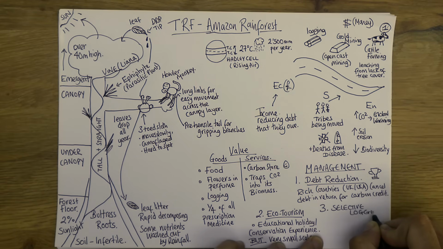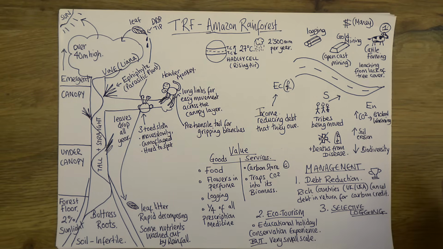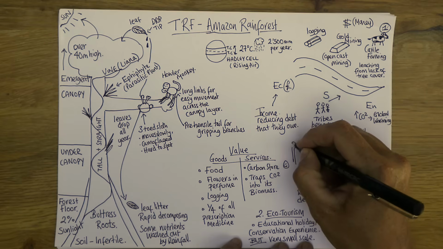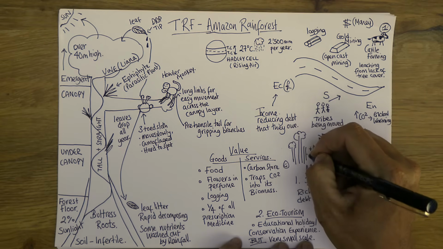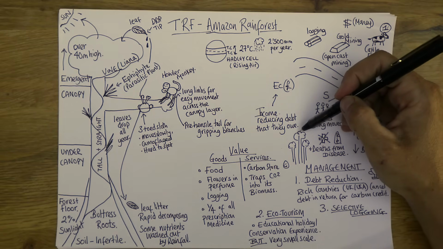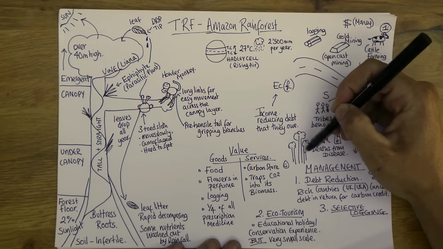Now you'll hear this talked about, and often mistakenly talked about, as if it's the best one. It's really not, though. Companies like to suggest that they're doing a really good thing by choosing which tree that they cut down. It's not the case. Okay, so if I just draw just a few trees like this. So what they do is that they will go along, they will pick the biggest, tallest tree. Often they're called wolf trees. They're quite hollow inside. They don't really contribute much to the ecosystem. And they'll go in and they'll take that tree down. And they will sell it as if they're doing this selective logging and it's great and they left all these